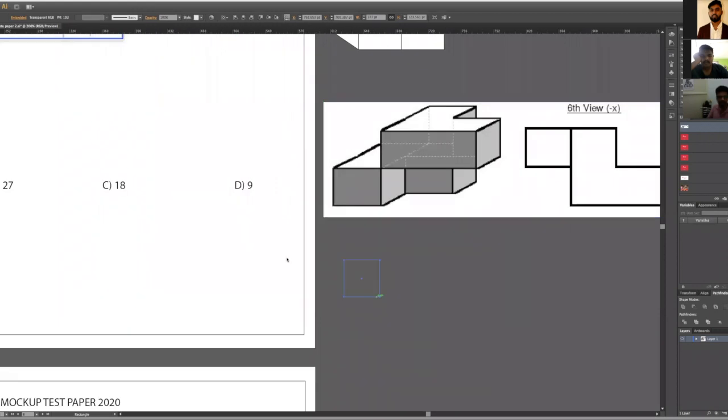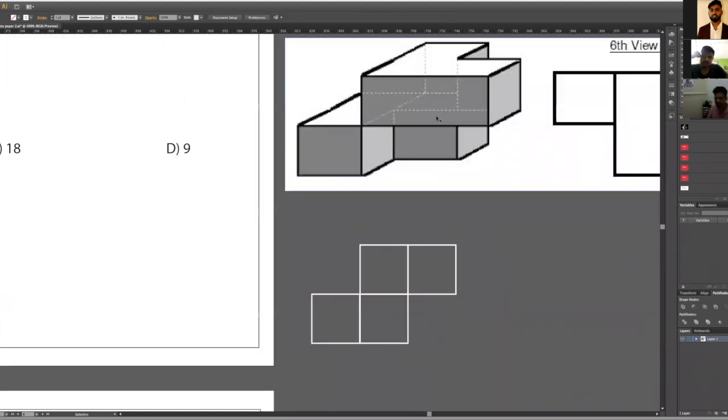Okay, so this is our side view, I mean the front view, sorry. Then this cube is nothing but this one. On top of it, I will have this surface along with another cube. But this is again a plane surface, so that means I will have no lines on top of it. This is clear, guys?